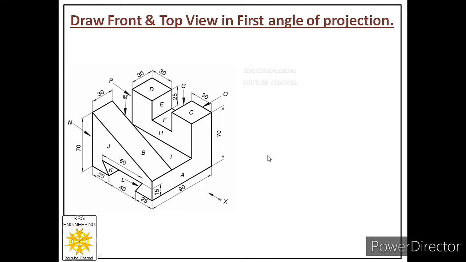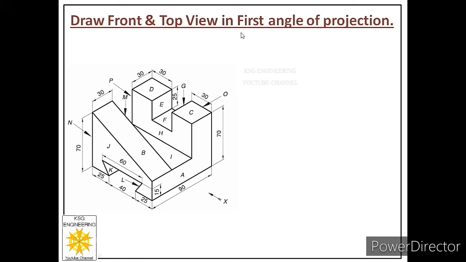So we know that whenever we have to plot different views of an object, first of all we look for the front side of the object. Now in this picture, one arrowhead is given to us, marked as X, and it points towards the front view of this object. It means we have to assume that the observer is standing this side and this is the front side of the given object.